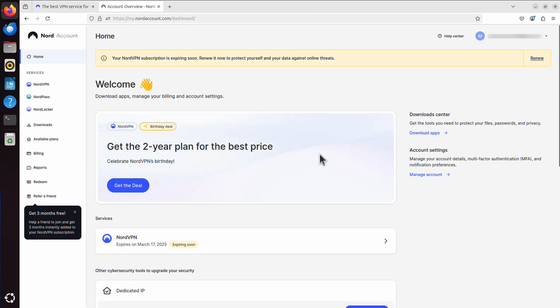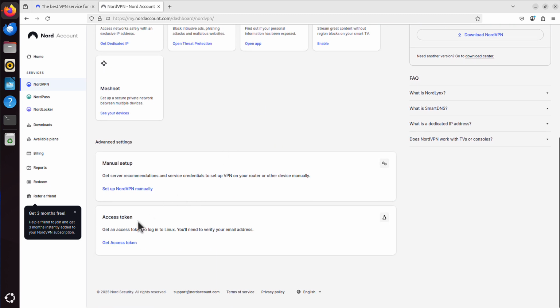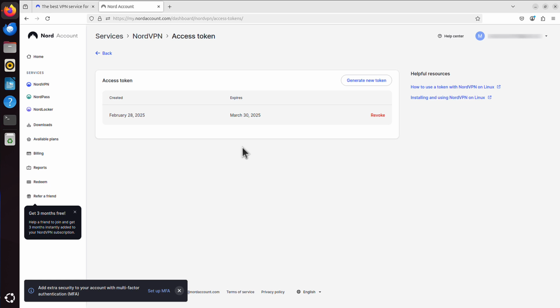And here I have to make sure that I'm on that NordVPN tab, okay? The first one at the top. And then scroll down. Here I need that access token. So I click get access token, and it's for Linux, as you can see, that little penguin, get access token. And you need to verify your email again. You will get a code shortly after clicking that button. You just type that code,